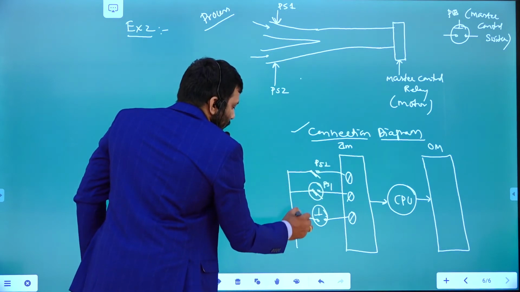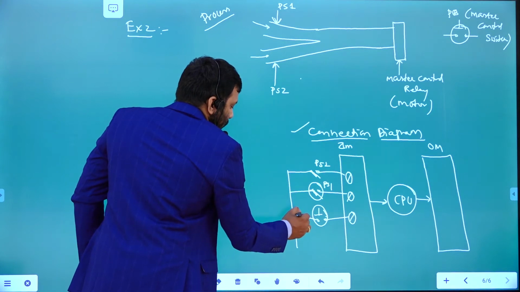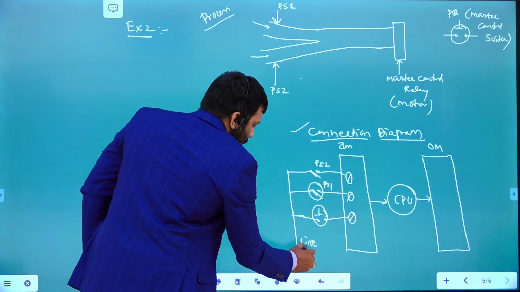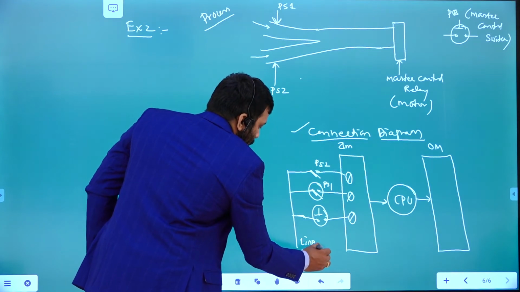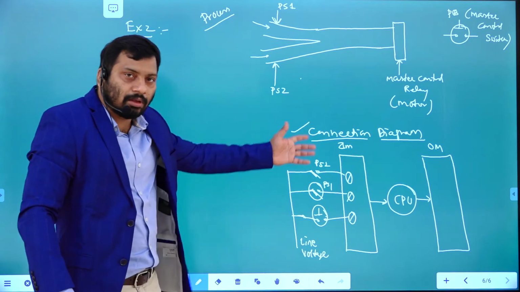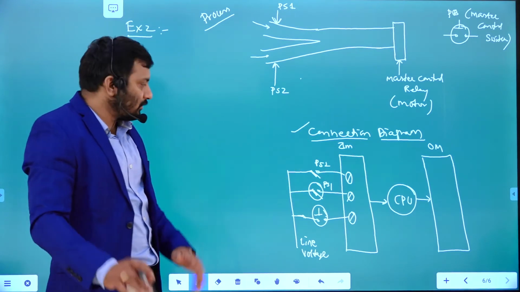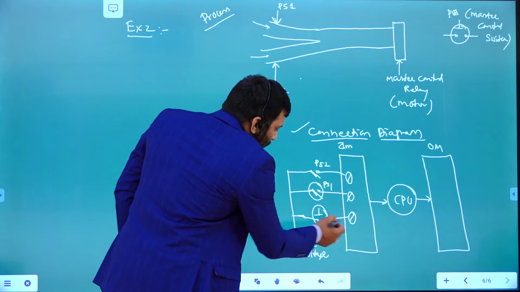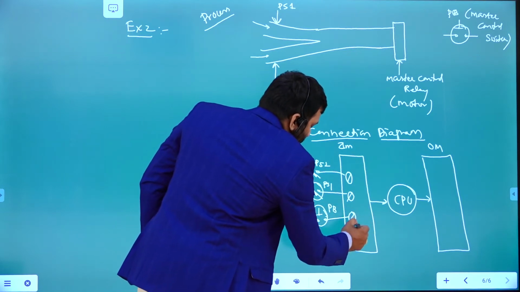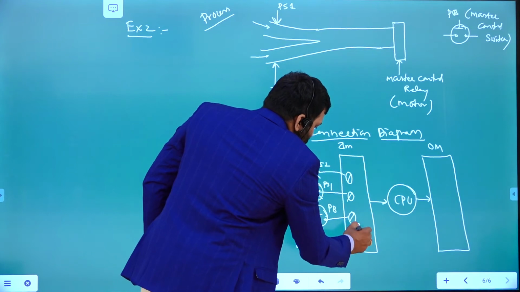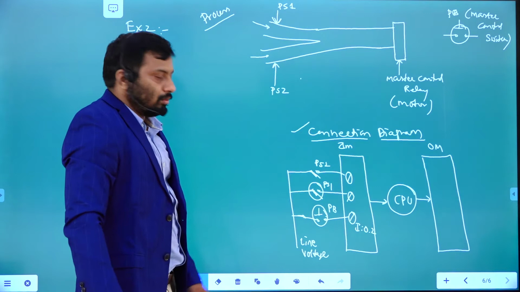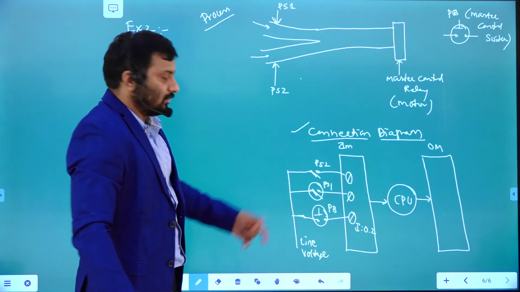All are going to be connected to the line voltage, right? The line voltage you get from the power supply terminal of the input module, that is what you know. So to what terminal you connected the push button? For example, the first terminal, its address is going to become I 0.2, which means it's the third terminal, right?